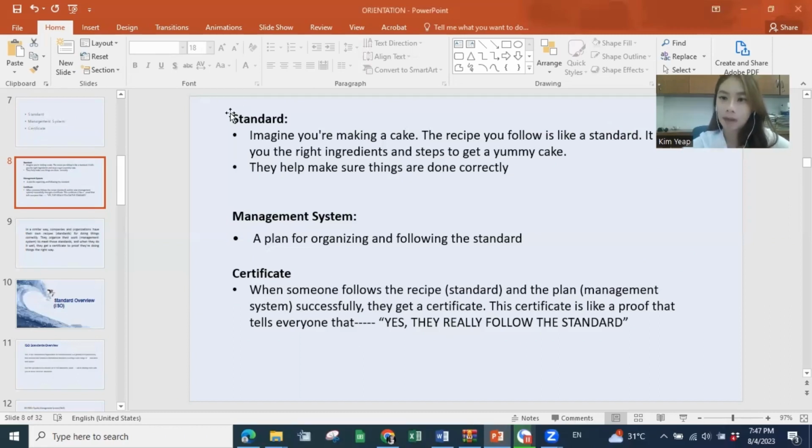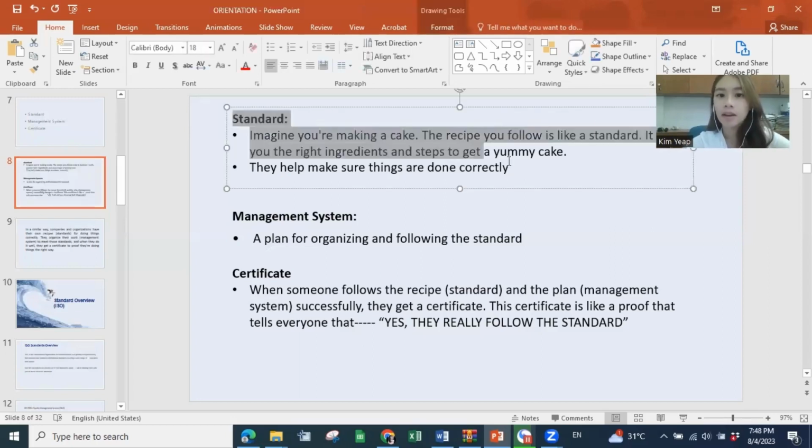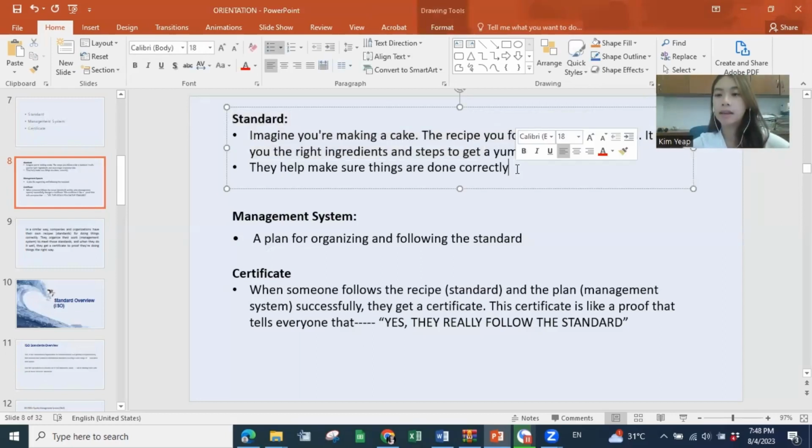Now, for them to really convince the public that when they do the operation and the manufacturing, it's really complying to the halal way, how do they make sure they know what to follow? They need the standard. Imagine the standard is basically a set of documents. Inside, it has all the syarat and requirements. First, they need to take the standard and follow whatever is mentioned inside. That is called the halal standard.